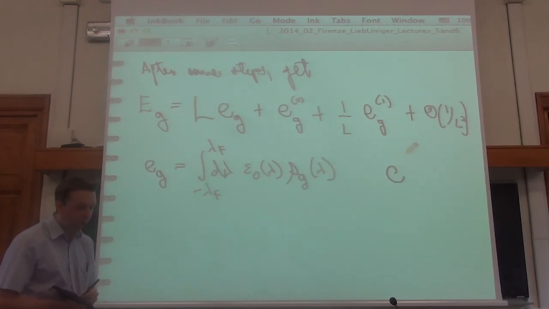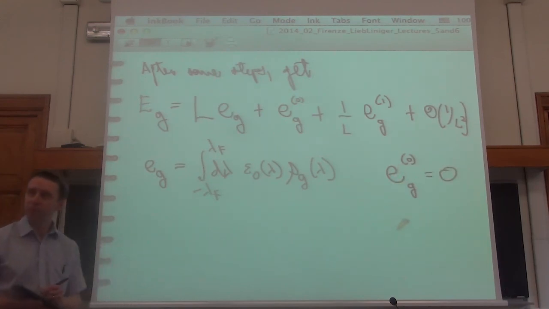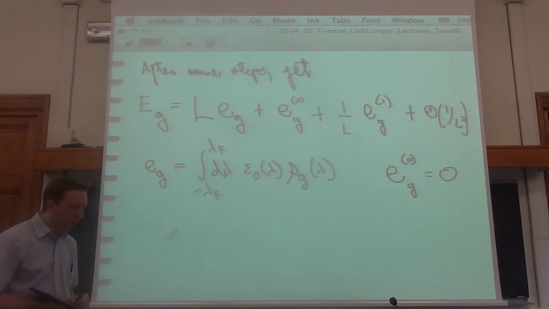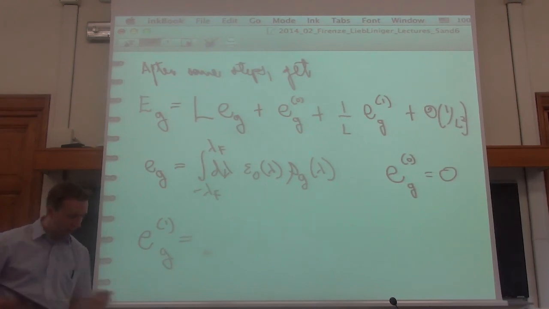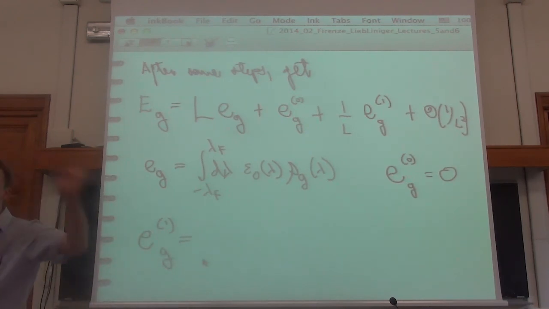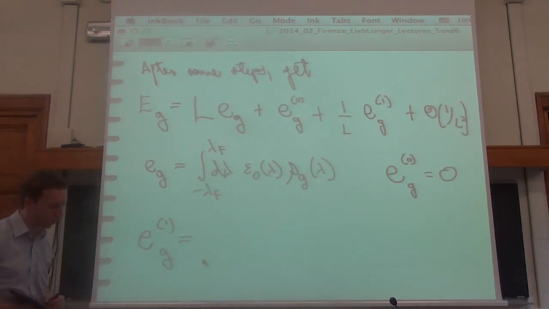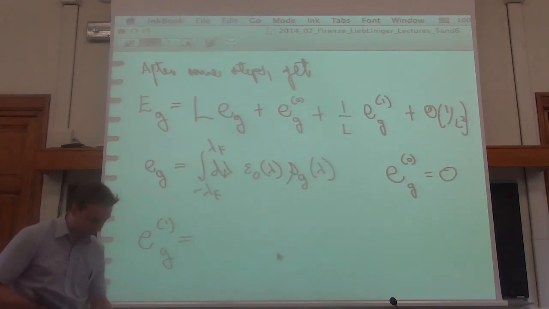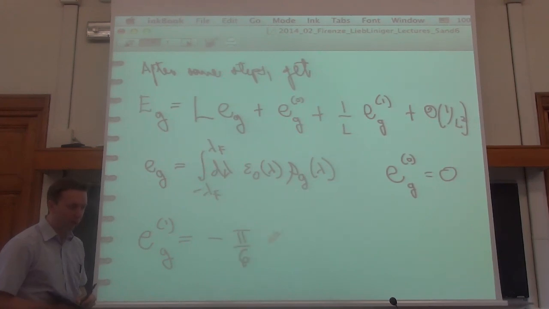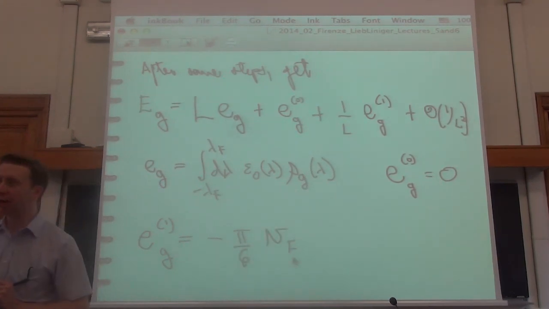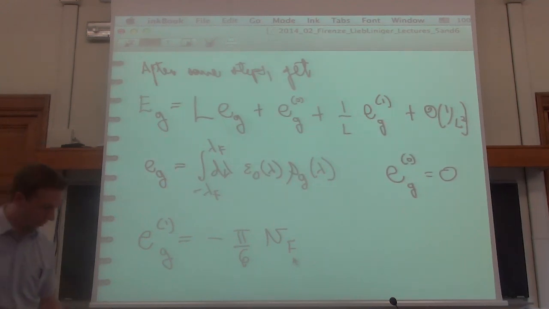The 0th order, actually here it vanishes. Okay? And the first order in 1 over L, again, is some very nasty combination of functions that suddenly collapses back onto very simple terms. So that's a challenge for you to derive that without looking at the notes first. Essentially what you obtain is that it's minus pi over 6 times the Fermi velocity that we had calculated before. Okay? So you'll see in the notes, it's all like that. So this is a Casimir energy.